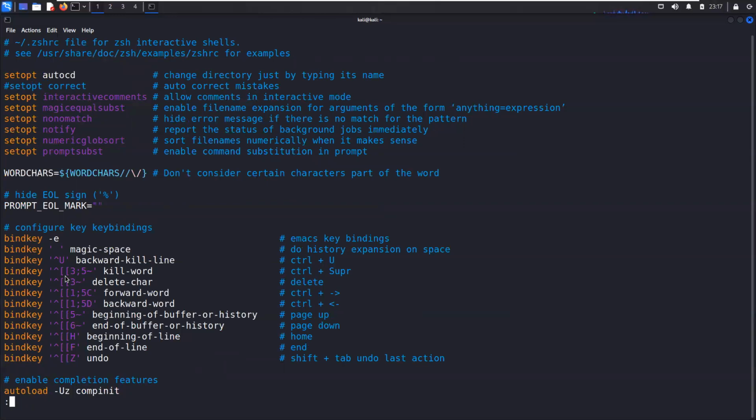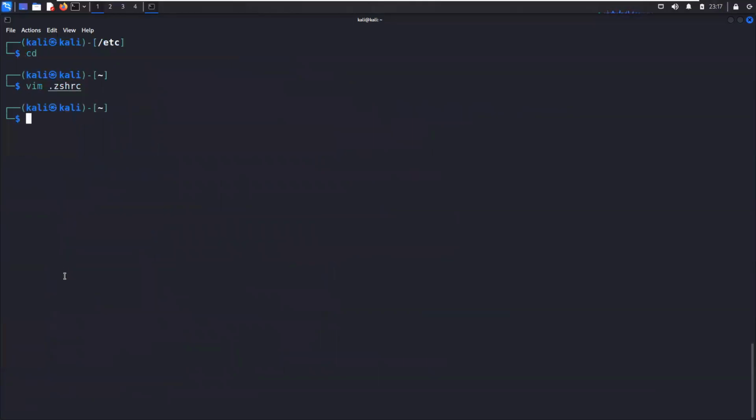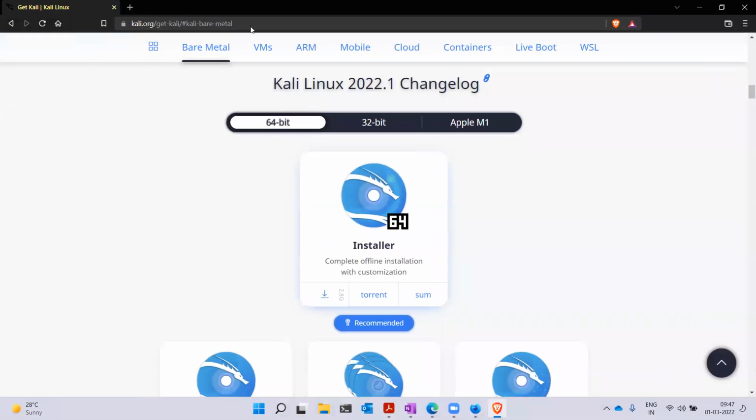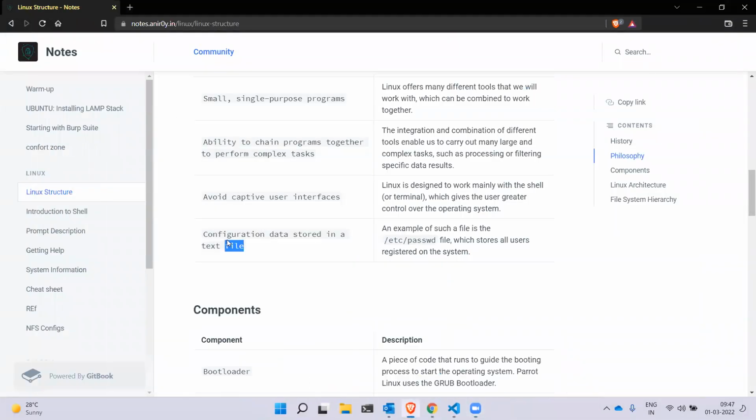And to exit from Vim, I use Q for quit. Sometimes you might not be able to do that, so you can use the exclamation mark as a forceful quit or exit. Okay, we don't need that right now. So anyhow, we have to configure a lot of services later on. Some of them we'll do today. So we'll see in a much more detailed way how this configuration works and how easy it is to configure a file